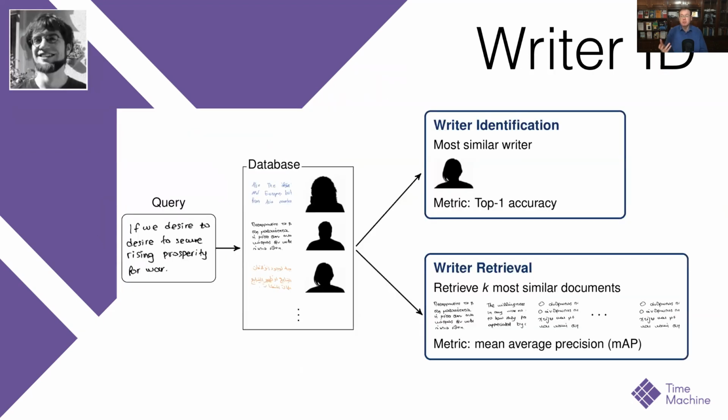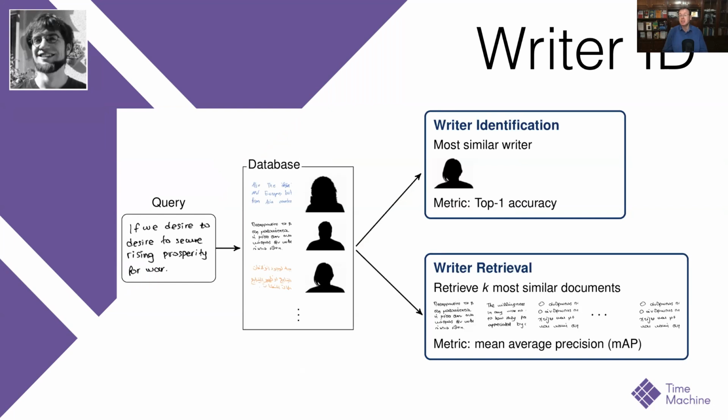And then, of course, we do things that are very similar to what Valerie has been showing here. Instead of buildings, we've been working with writers, and we want to find out who wrote which text. So we have essentially a text that comes in, and then we have a database of known persons where we know who has written what text. And then we want to retrieve either the most similar writers or pick the most similar writer, which would then